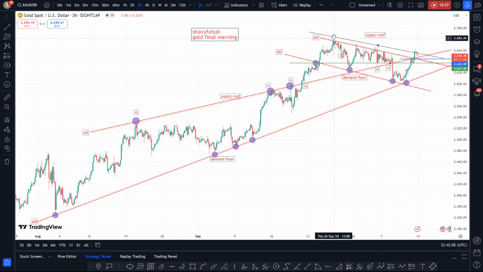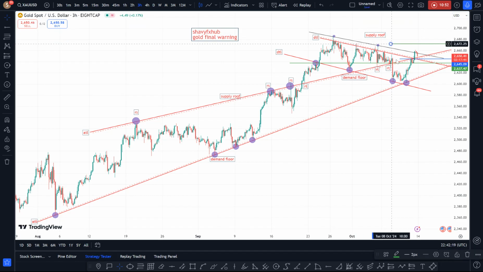You can see touch 1, touch 2, the candle closed barely above it, and market open drop, showing lack of liquidity to the upside. And we have a resistance structure at this level, I guess, at this level